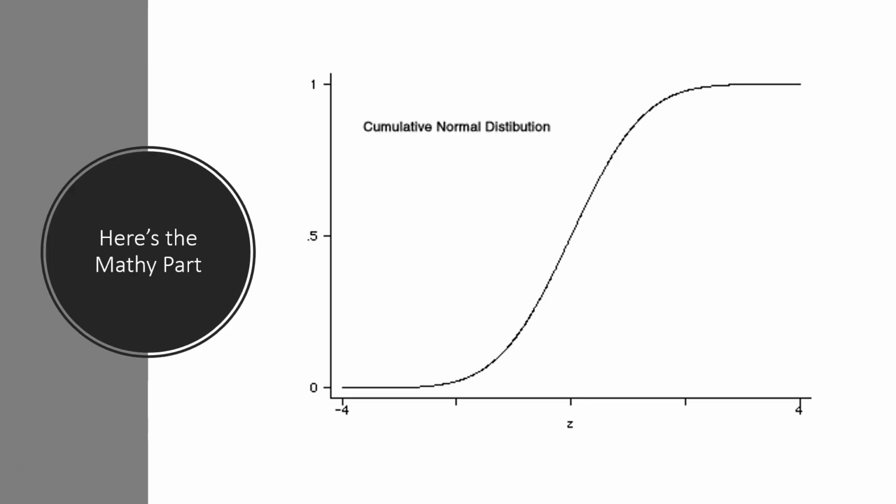Here's a little bit more of the mathy part. What we're really looking at here is generating values, and these are likelihood values. If you remember from probability, probability runs from 0 to 1. Something that is 1 is always probable. Something that is 0 is never going to happen. But in this particular case, the